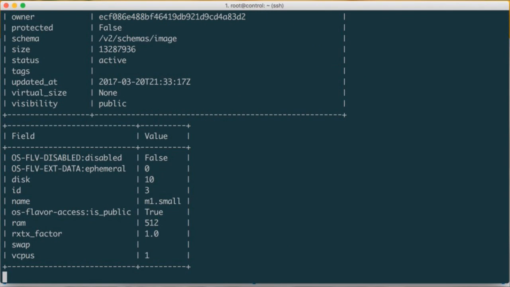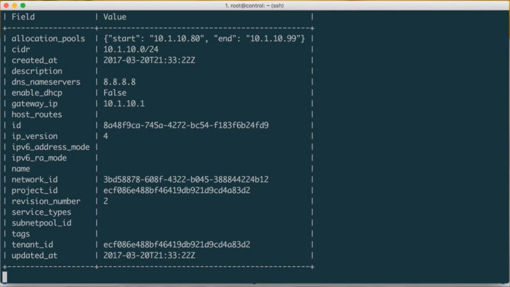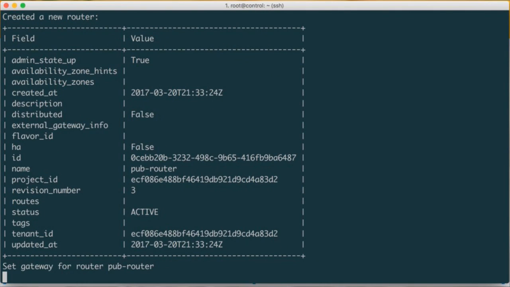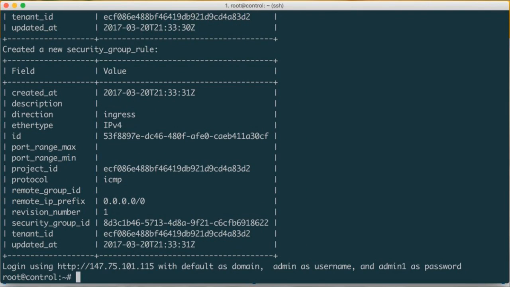So in this case, I'm creating an image, creating a bunch of flavors for me to use. I'm creating a set of network resources, including routers. So all of this gets done automatically and allows us to set up a system. We also created a bunch of default security group rules so that we actually have normal access to things. And you can see, hey, here at the very end, if we go to this node, which also turns out to be our control